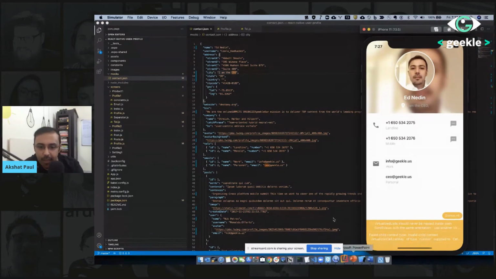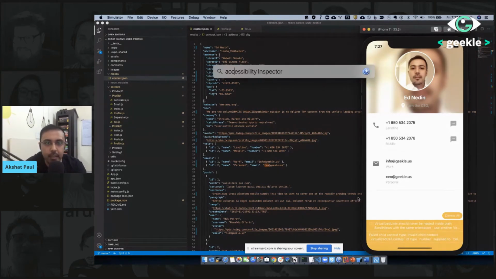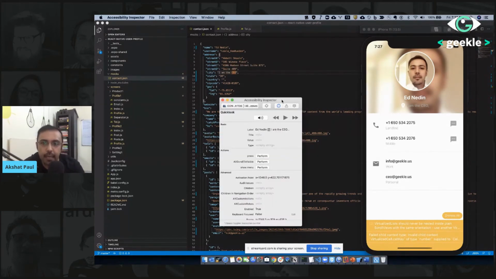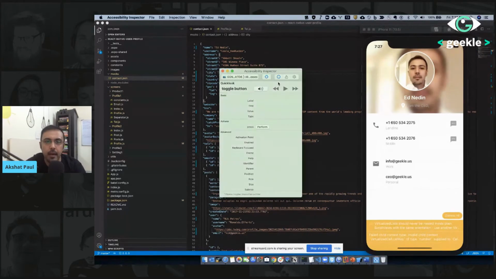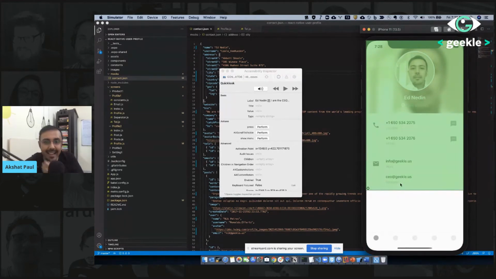And let's continue, guys, with our demo. That was kind of funny. So let's go back to Accessibility Inspector where we had left. So we will again check our application, pause it here. Let's dismiss this. And as you can see here,